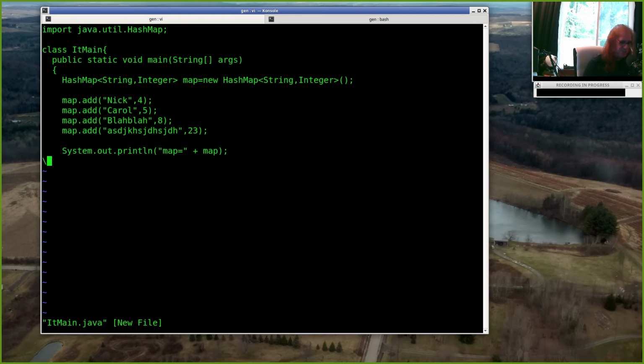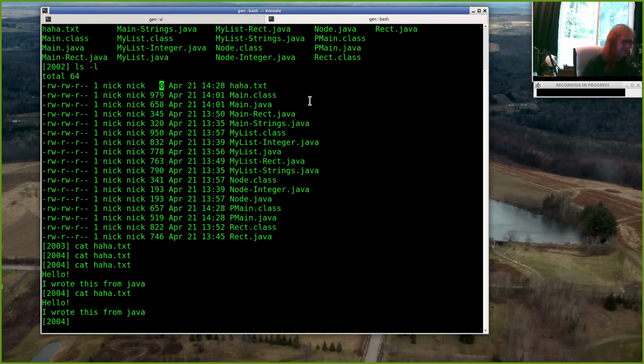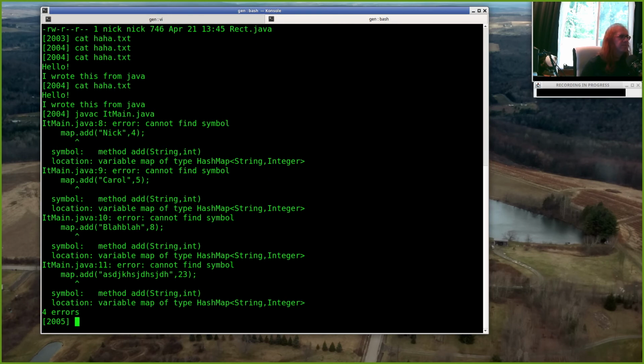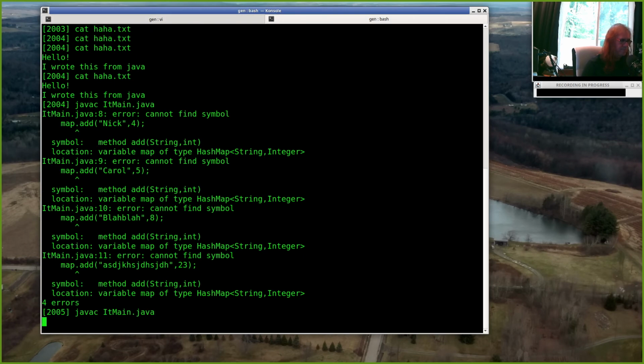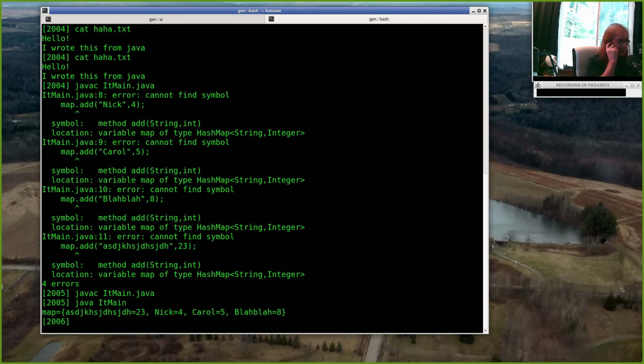And let's make sure this works. So this is main. Four errors for like a 4-line program. How about put? All right, so there's our hash map data,